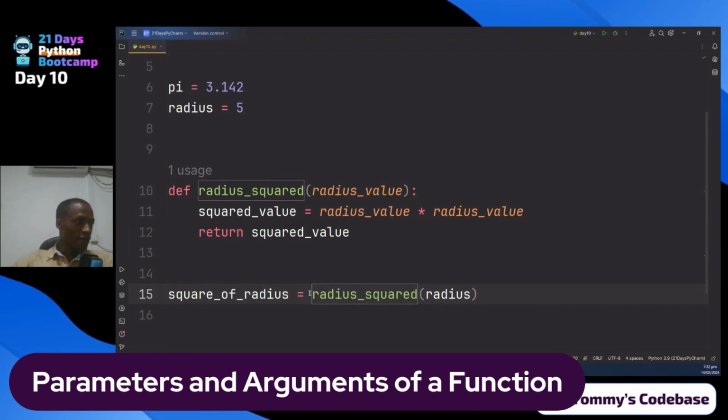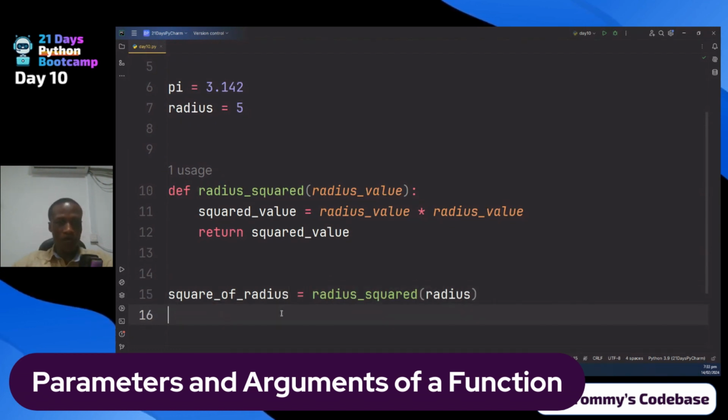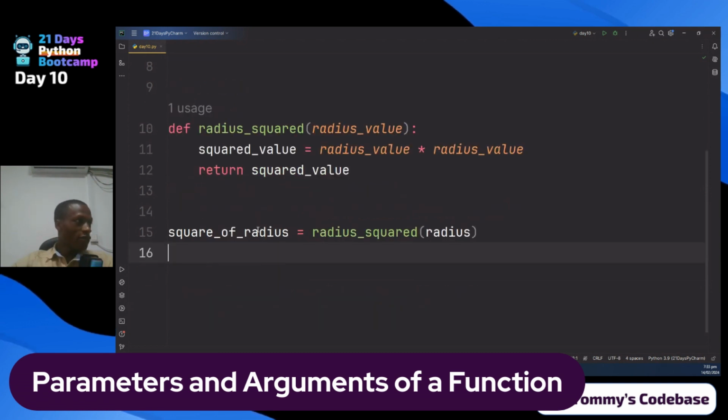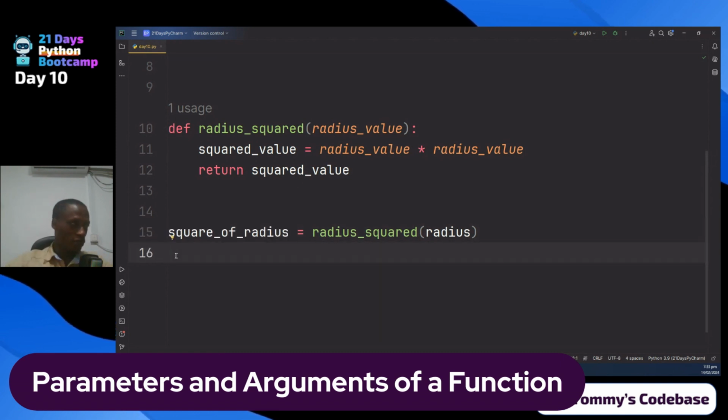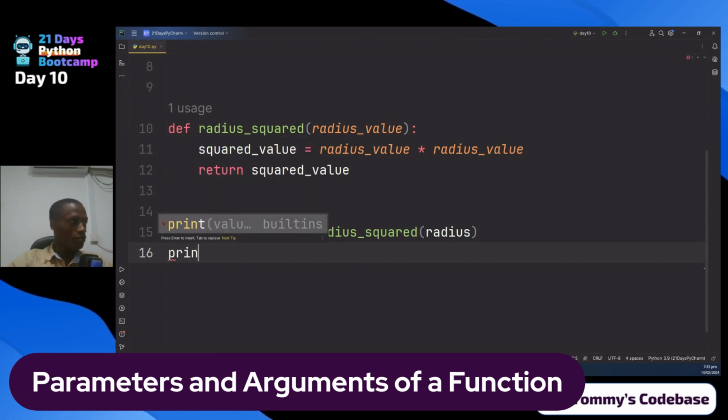I have to assign the function call to variable. So what will happen here when we run the code is that the value that will be returned from this function, which in our case is the squared value, will be assigned to this variable, which is called the square of radius. And so now when we print the square of radius,